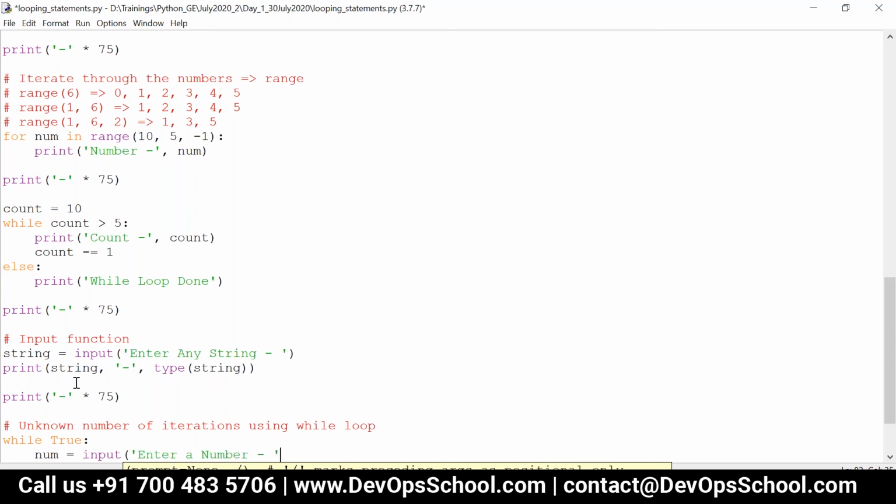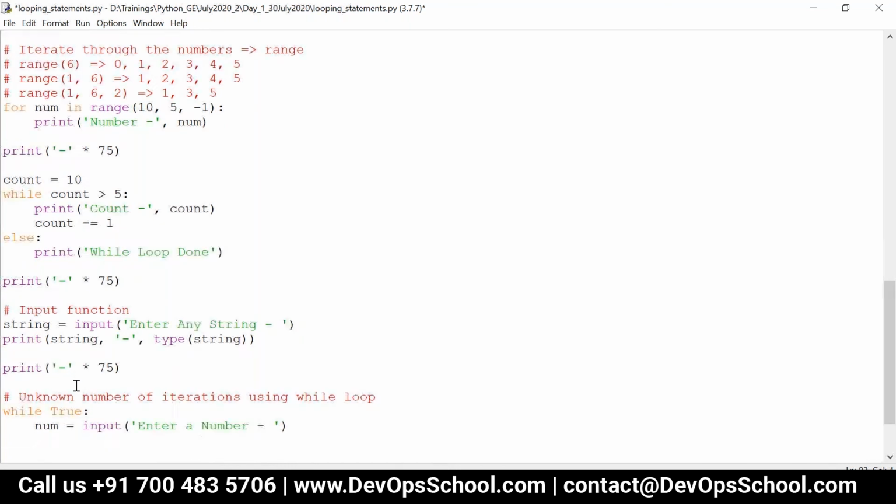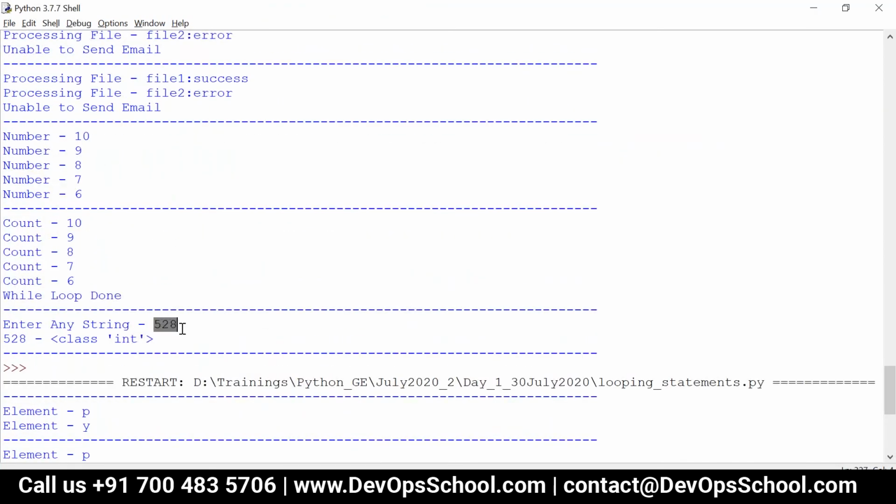So now consider the user has entered something. Now I want to check whether the user has entered only a number. In my previous case, it was not giving any error because all the characters were numbers.